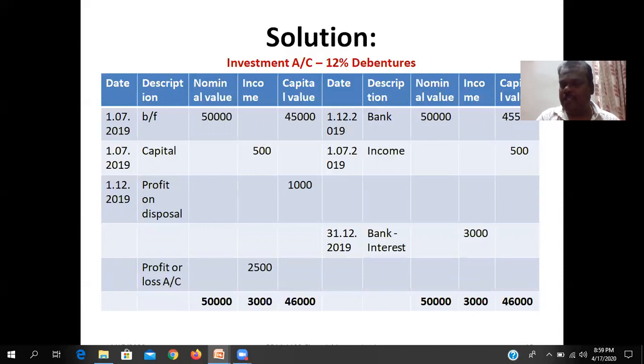But this 50,000 investment was sold at 91 each. So we will compute the capital value: 50,000 divided by 100 into 91, that is 45,500. That 45,500 can be recorded in the capital value because this was sold ex-interest. But at the